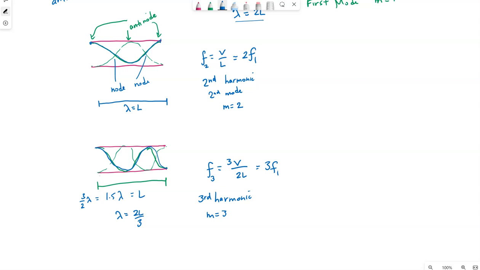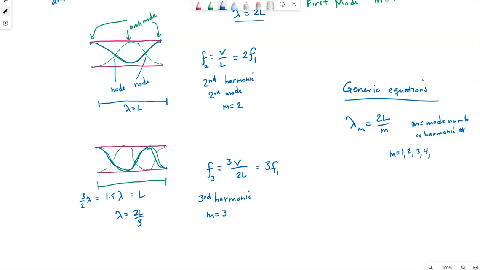So if we wanted to write generic equations for an open pipe, they actually look just like the equations do for the standing wave on the string. We can say the wavelength of the mth mode, M is the mode number, or harmonic number. M is 1, 2, 3, 4, and so forth. So there's multiple wavelengths to represent standing waves within this pipe. They're going to be different patterns, different number of antinodes in there, but all of these would be considered resonance